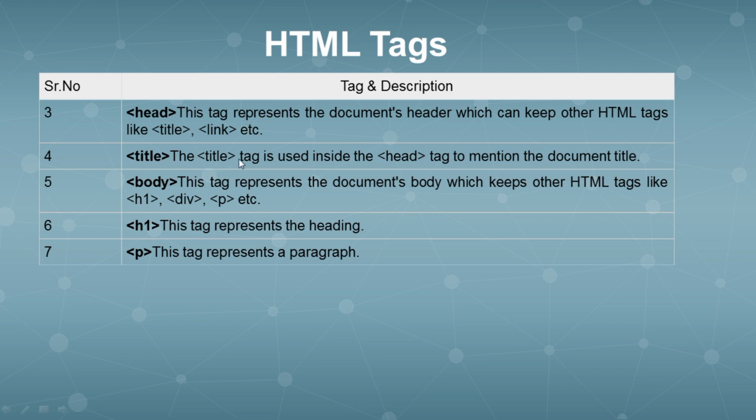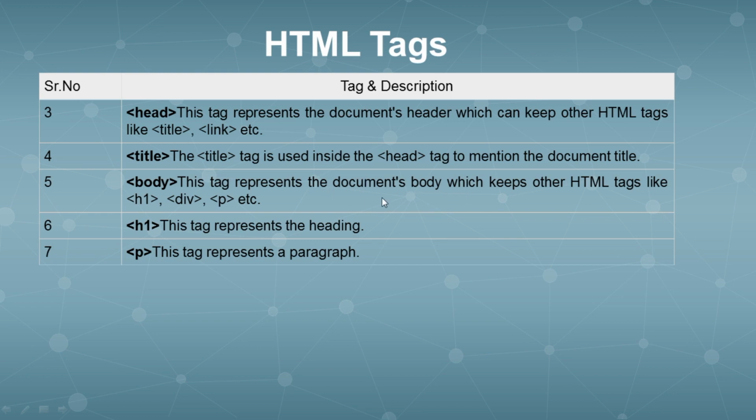Now the title tag: it is enclosed under the head tag and mentions the document title. For example, if you are going to create a website like my cooking site and you want to make it live, you can upload it to a server, I mean a web server, and Google can easily search with the help of the title only. Without a title, Google can't search your website easily, or can't give the recommendation to someone who wants to search for a cookery website.